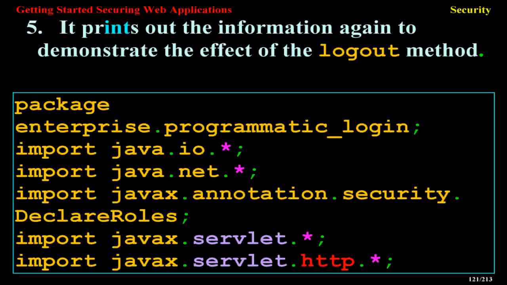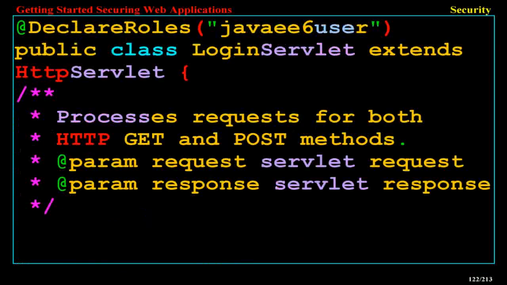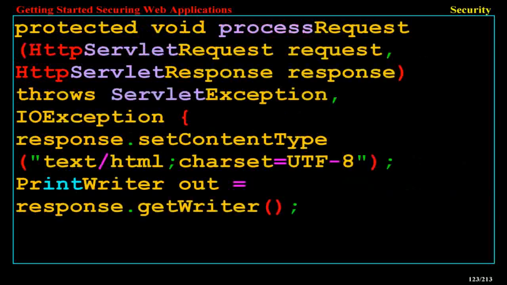package enterprise.programmatic_login; import java.io.*; import java.net.*; import javax.annotation.security.DeclareRoles; import javax.servlet.*; import javax.servlet.http.*; @DeclareRoles("javaee6user") public class LoginServlet extends HttpServlet { /** Processes requests for both HTTP GET and POST methods. @param request servlet request @param response servlet response */ protected void processRequest(HttpServletRequest request, HttpServletResponse response) throws ServletException, IOException {